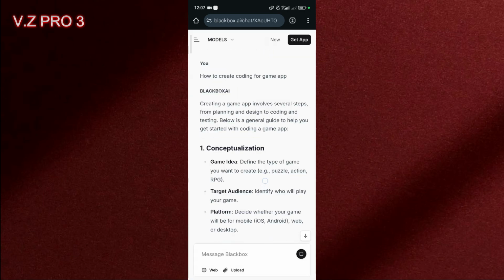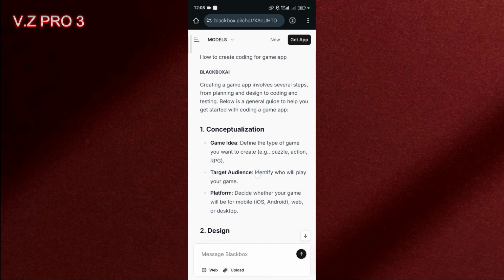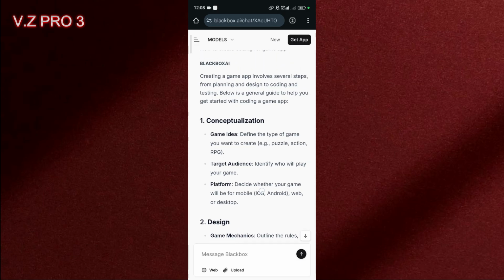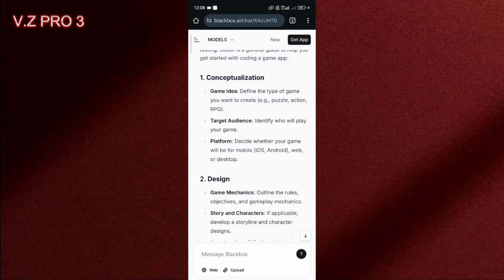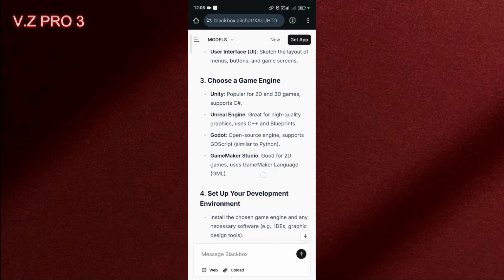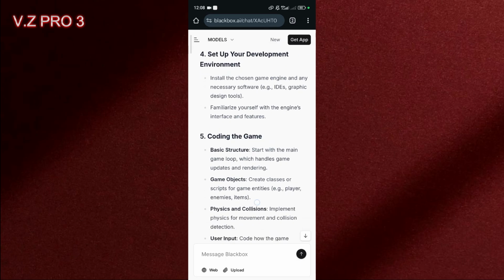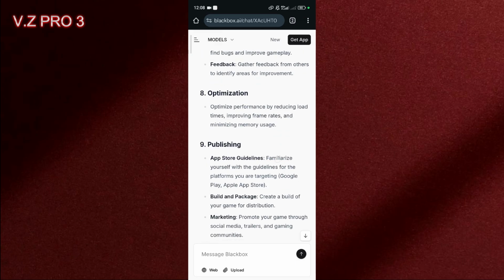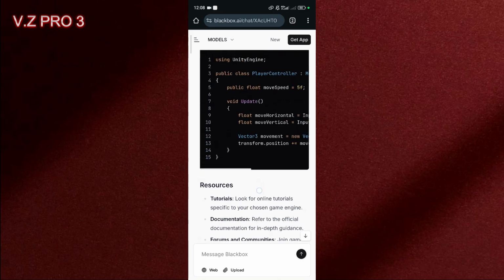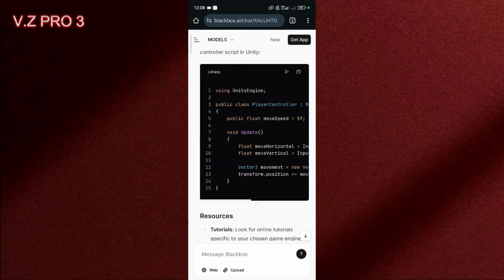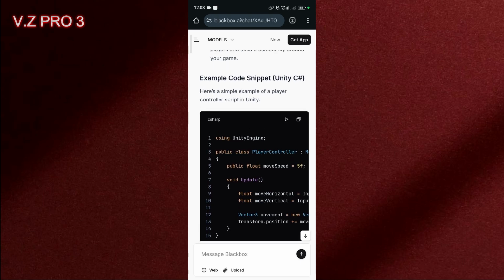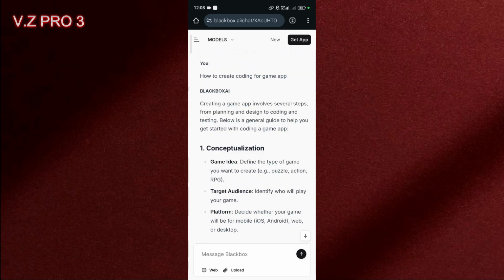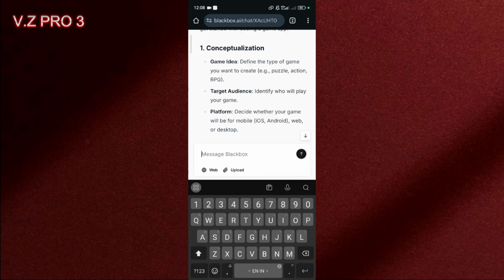So here's the answer from Blackbox AI. Creating a game app involves several steps from planning and design to coding and testing. So this AI, Blackbox AI, gives you a guide like the conceptualization, the design. You can choose a game engine and set up your development environment, coding the game, asset creation. There's so much guide that this Blackbox AI gives you. So simple, right? You can also ask this AI to create code